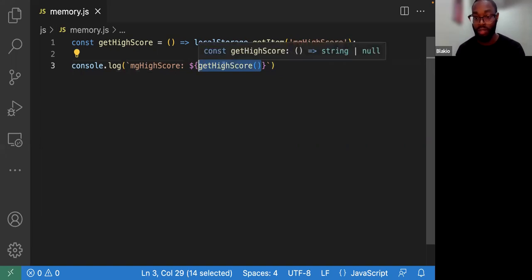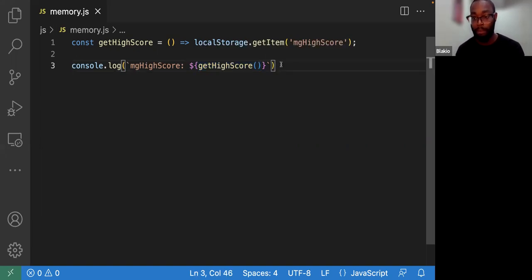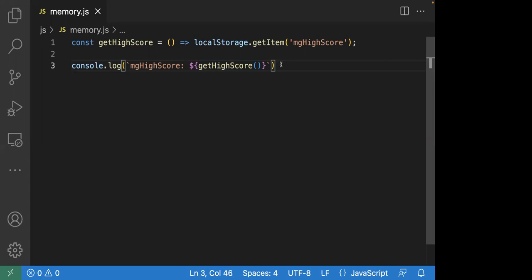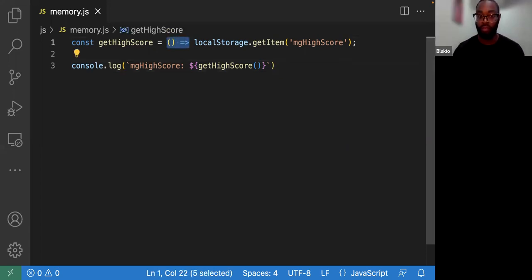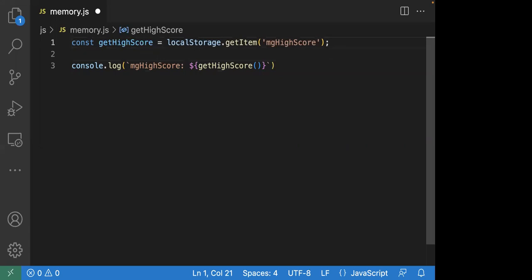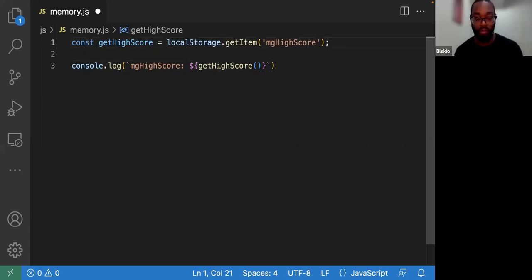You can always get it with this. So that's the question: if I stored it as a variable, like get high score as a variable, then what's the difference? Like if it wasn't a function. So if it just was a variable, get high score, right? So if it's just get high score, it's fine that way. Also, there's no difference.